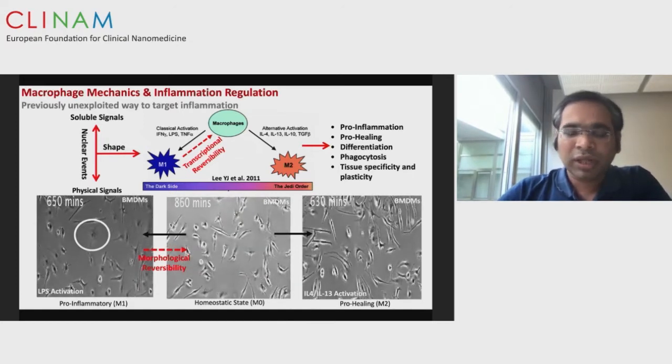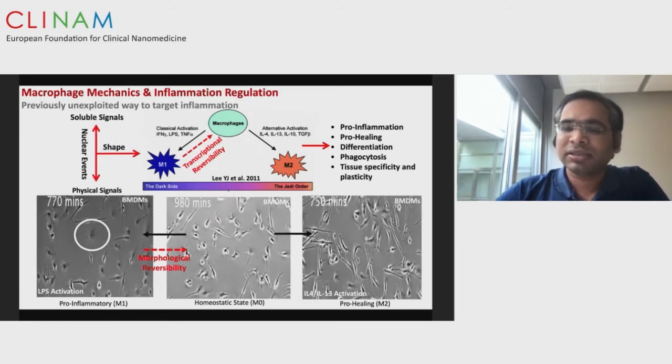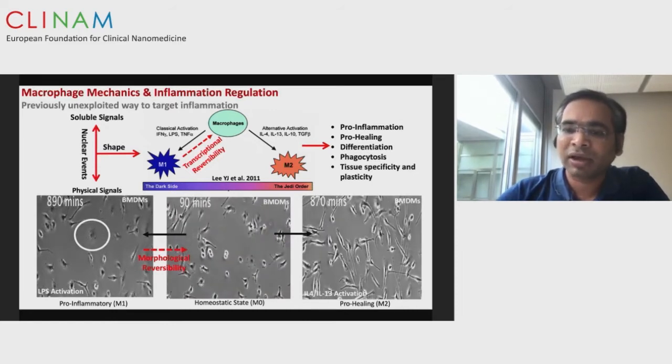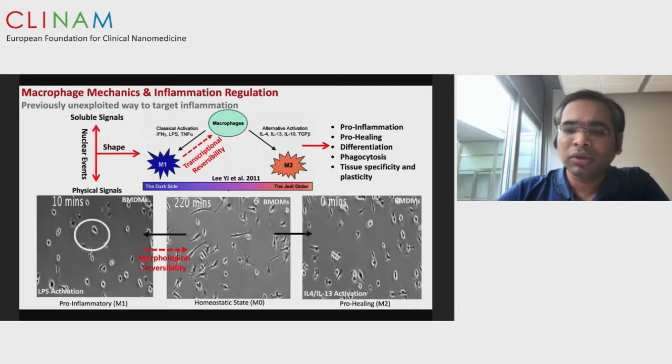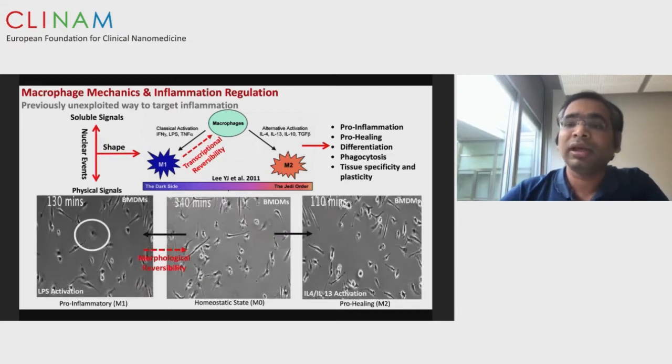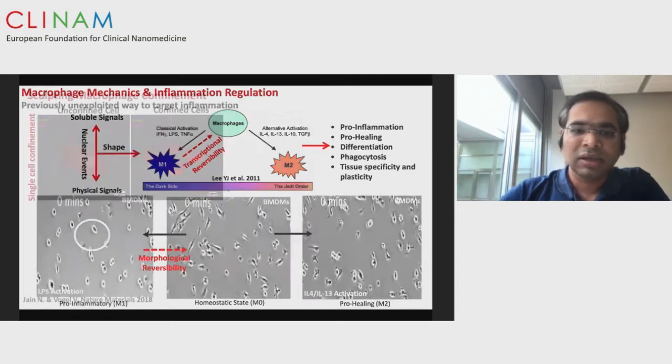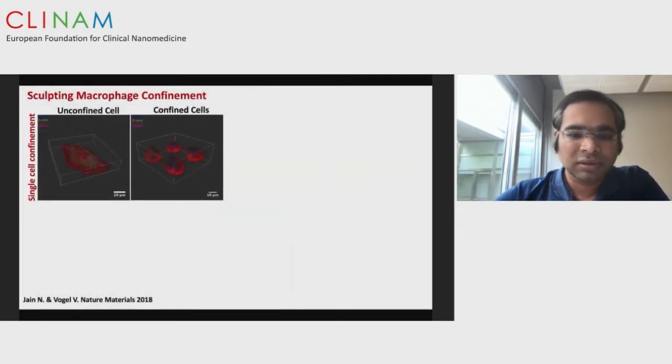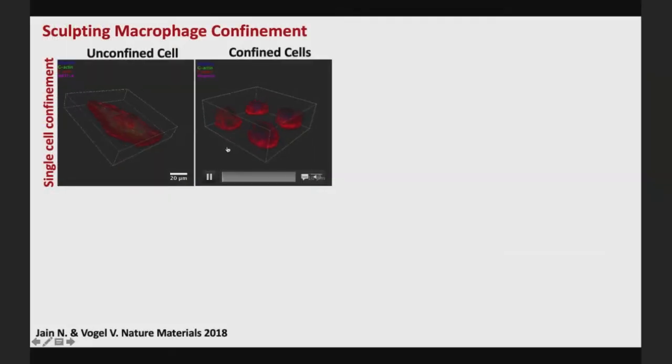So to answer whether this spreading, or the change in cell morphology, is necessary for macrophage activation, and whether you can tune the geometry of the cell and thereby tune the inflammatory activation of immune cells, we developed these 3 different platforms, all doing exactly the same thing: confining macrophages at the single cell level or at the multicellular level. You can see the first one is a single cell confinement. On the left-hand side you have unconfined cells, on the right side you have confined cells.